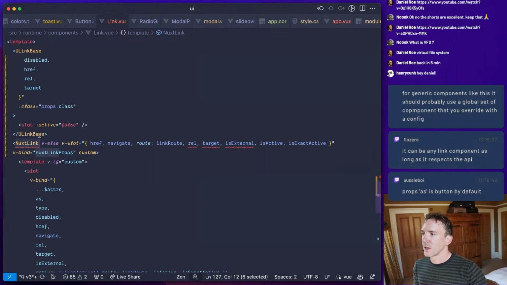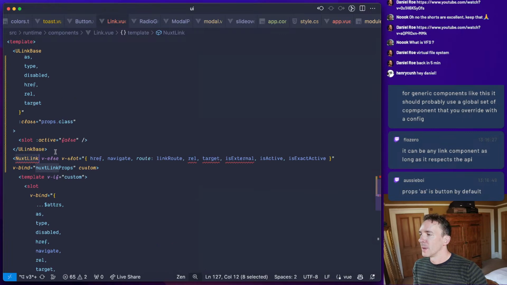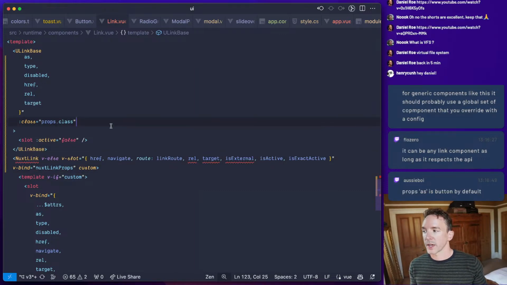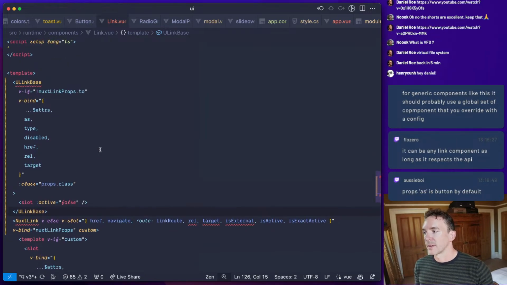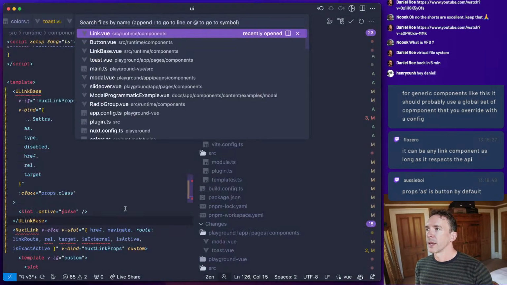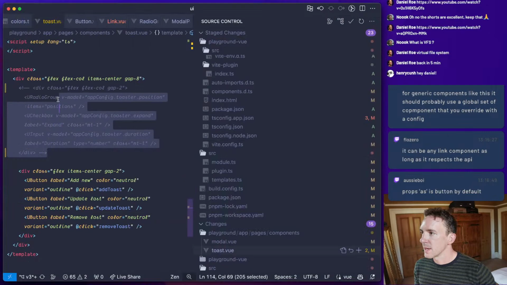NuxtLink is very tolerant of being called by other things, but Vue Router's RouterLink is much more strict, which is why there's this warning. So this is probably not the right solution, but I just want to suppress the error so that we can get a better idea of what else is going on here.